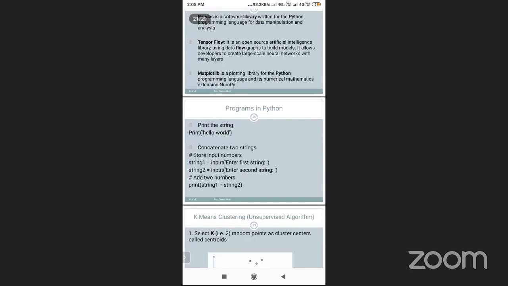I have given here some two codes. I wanted to actually execute these codes on my laptop, but there are some network issues, so I am just telling you. These are some small codes I have given here, like how to print by using Python. This is the syntax of print. Print in round brackets, hello world in single quotes. Automatically it will give the output